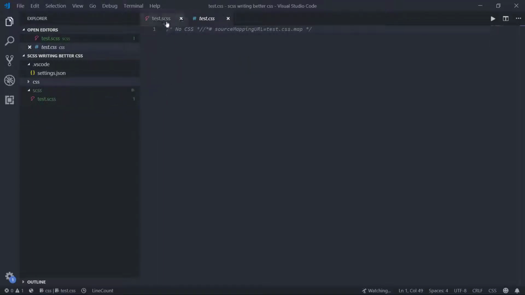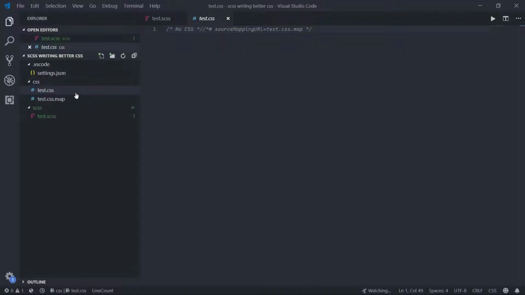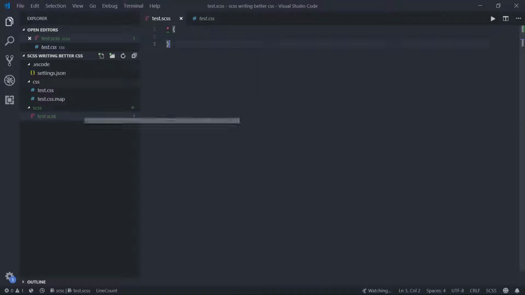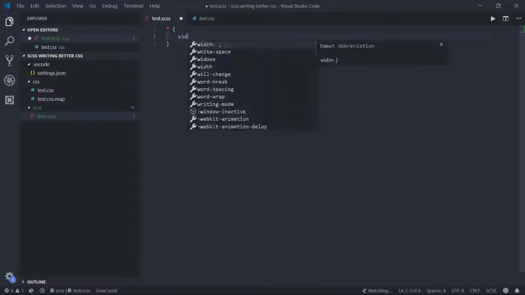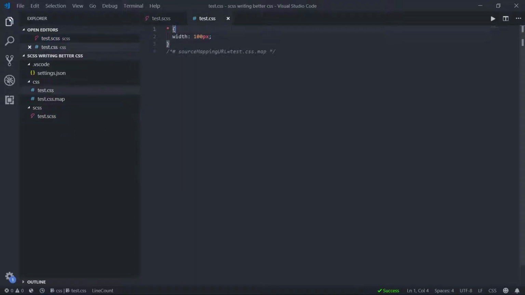Cool. Mine hasn't changed because of the way I just did it, but if I save that now and come back in, let's make another change. Let's go width of 100 pixels, doesn't matter. Now if I come in here, it should be changed. Yeah, there it is. So now it's all set up and we can go on to learn about how to